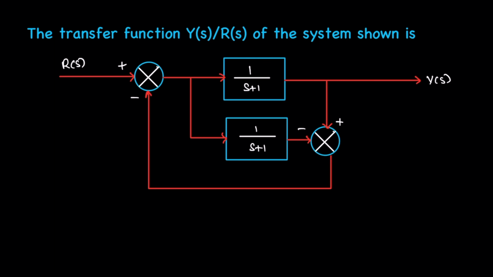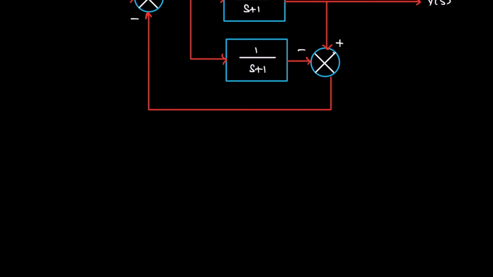The transfer function Y(s)/R(s) of the system is shown. The block diagram is given. We need to find the transfer function. So as usual, Y(s) divided by R(s) is equal to